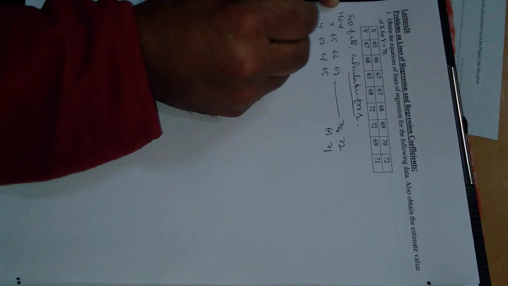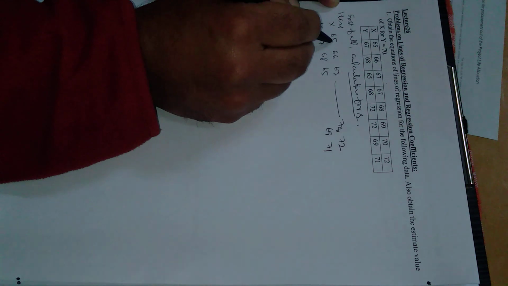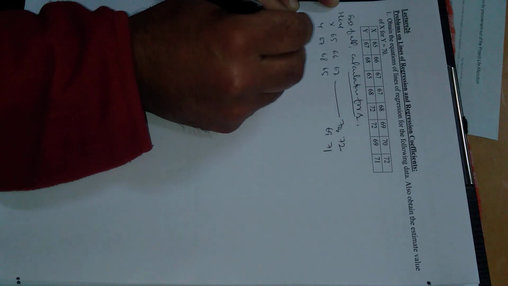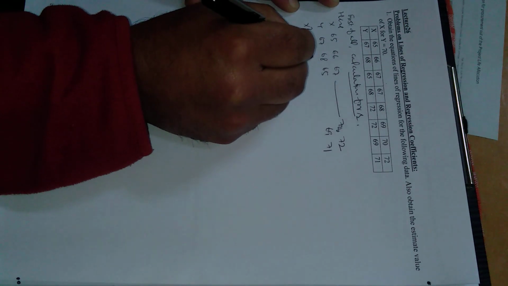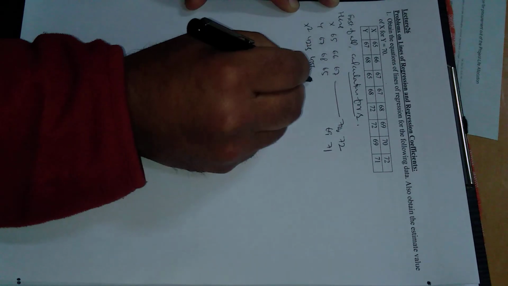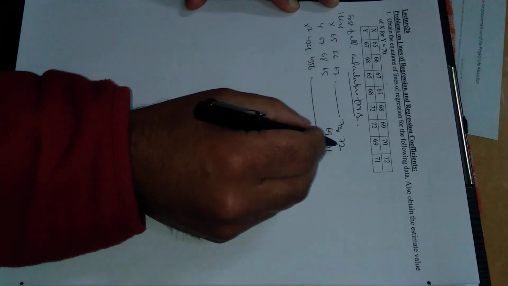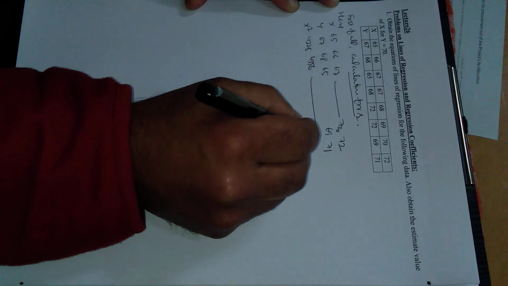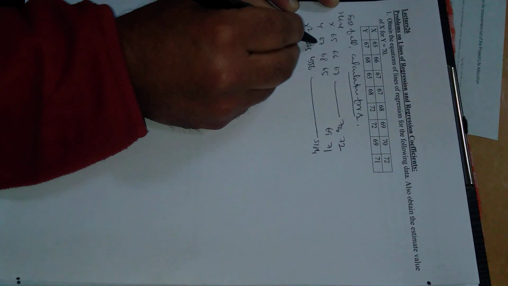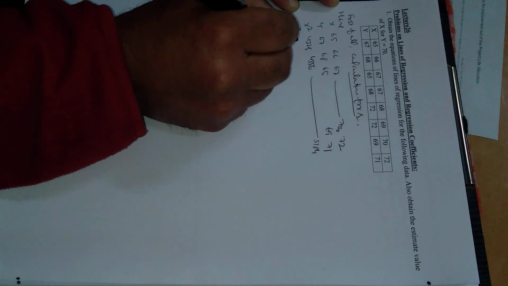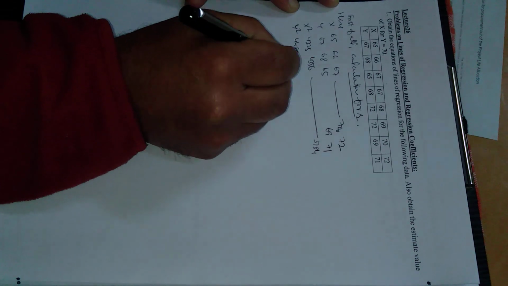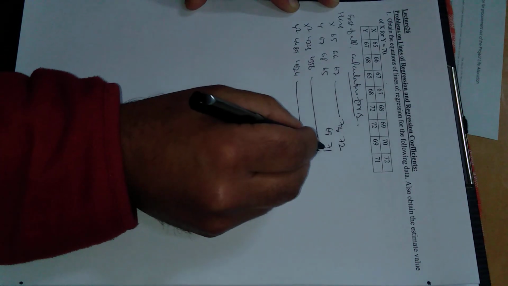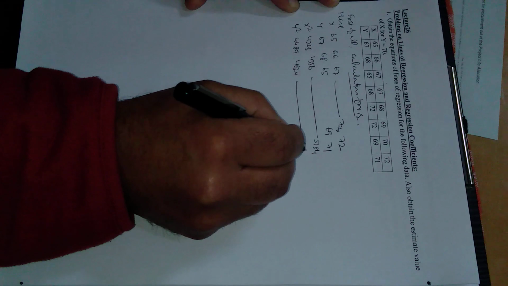We need now x square. X square means the square of all of these. So first x square is 4225, 66 square is 4356. Continue in this way. So the square of 72 will be 5184. Similarly, we need y square. Y square means 67 square, so this will be 4489. 68 square is 4624. Continue in this way. Last is 71 square, which is 5041.